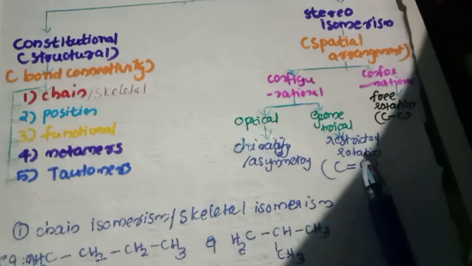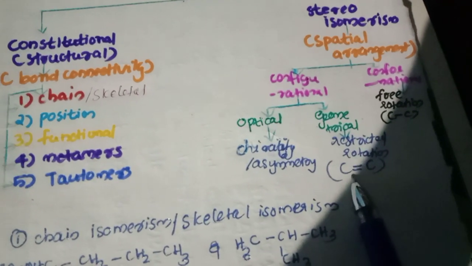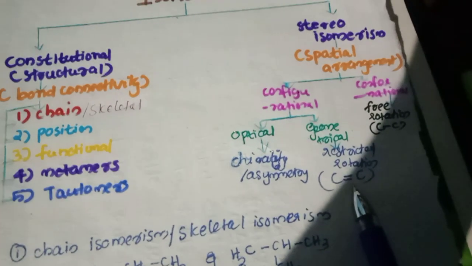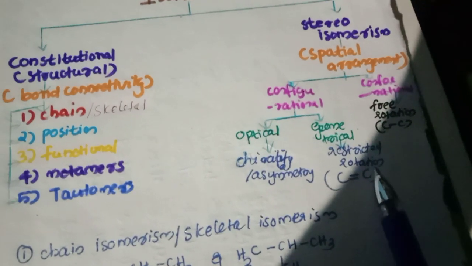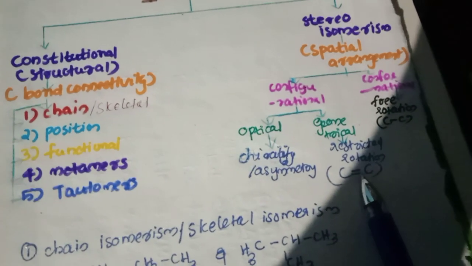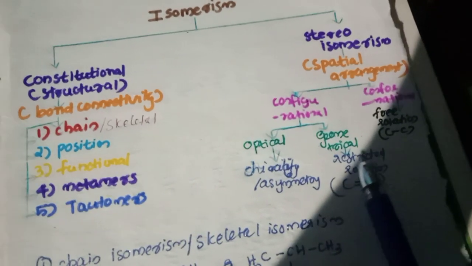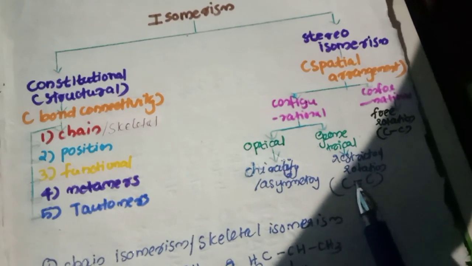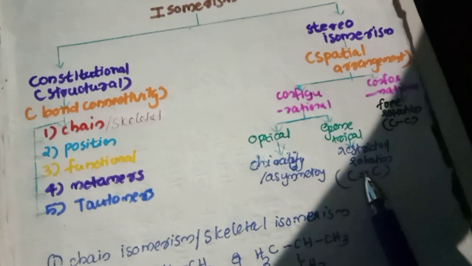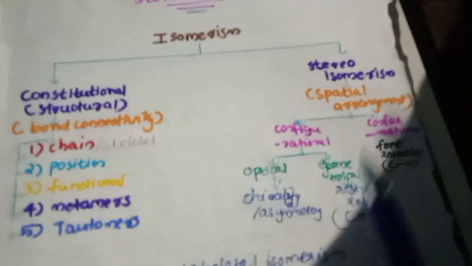Geometrical isomers arise due to the carbon-carbon double bond. Where there is a carbon-carbon double bond, there is restricted rotation about this bond. So configurational isomers that arise due to restricted rotation about the carbon-carbon double bond are called geometrical isomers. Okay,